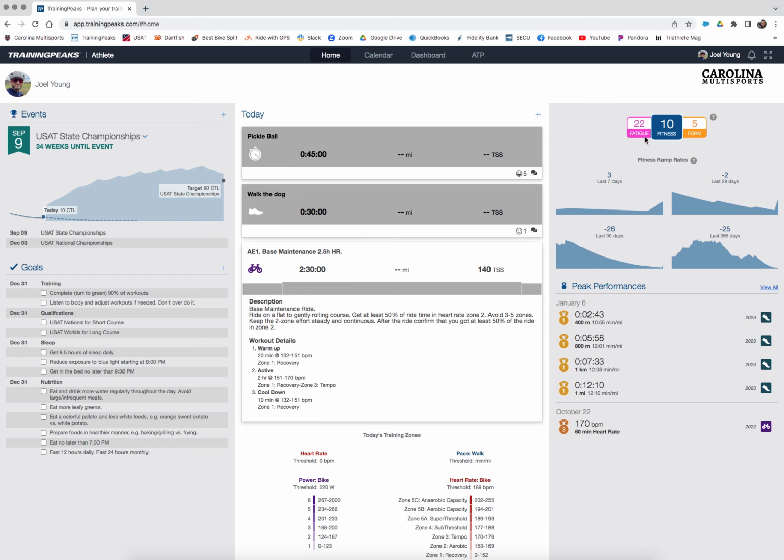Your fatigue is the last week's average of the TSS number. So it's going to average what you have done over the last 7 days, and that's going to be your fatigue number. And then finally, your form number here is going to be yesterday's fitness subtracted from yesterday's fatigue, and it's going to give you that form number. My fitness and fatigue yesterday were different, and so those numbers were used to create my form today.